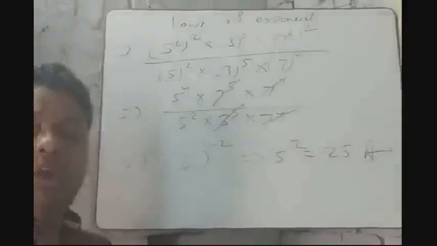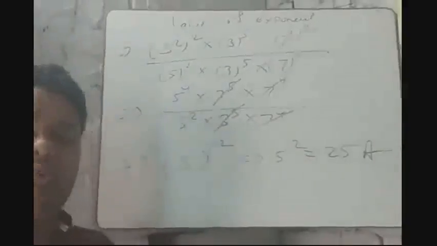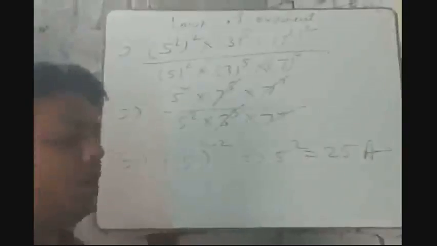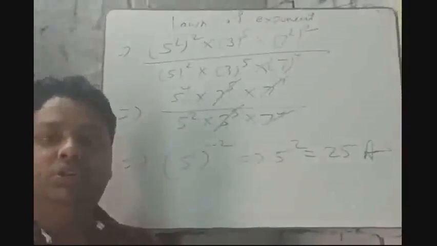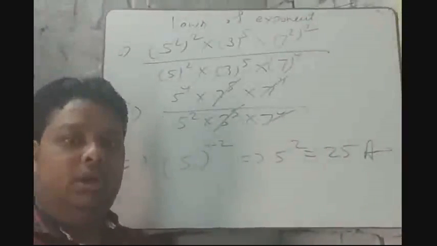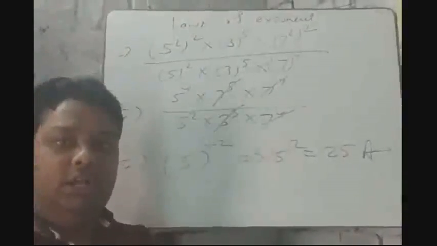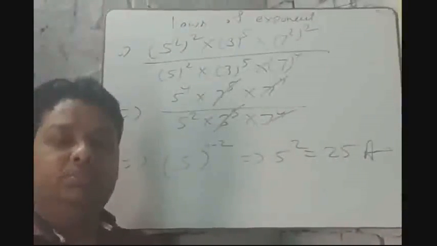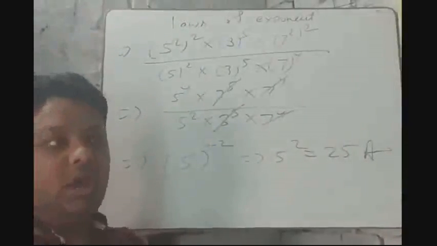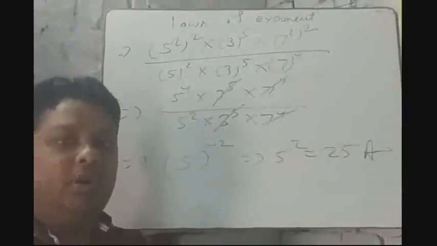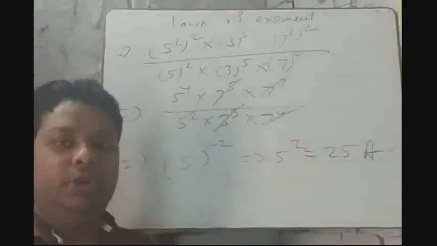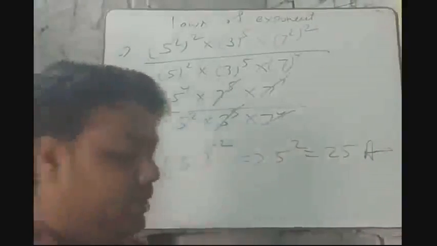I hope that all the students have understood very well about the law of exponent, because I have explained 5 examples based on it. And now this part is over, and in the third part I am going to explain what is the standard form of a base and exponent. Okay, so let's first note it down here.